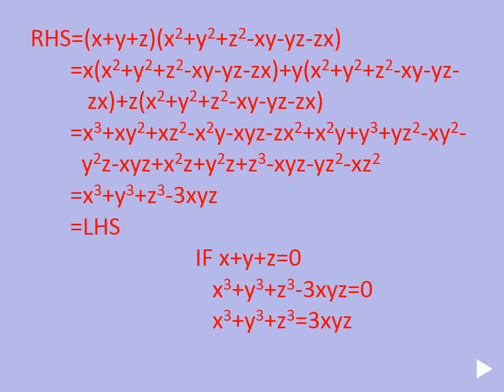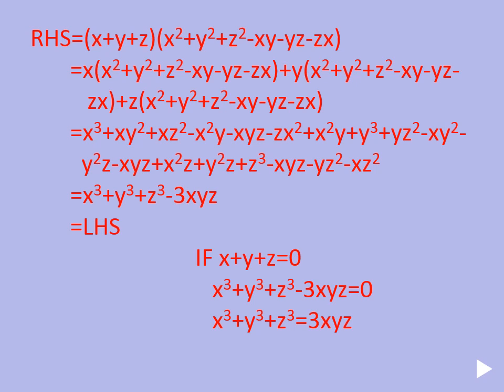Now if you take the RHS, the first factor, x plus y plus z equal to 0, what will happen to the RHS? RHS whole term will be 0. Suppose the condition is that, sometimes the question you will get like this, x plus y plus z equal to 0. So RHS will be 0 now, right? So what is the LHS? We are having x cube plus y cube plus z cube minus 3xyz equal to 0. This is an extra condition from the theorem, from the formula.